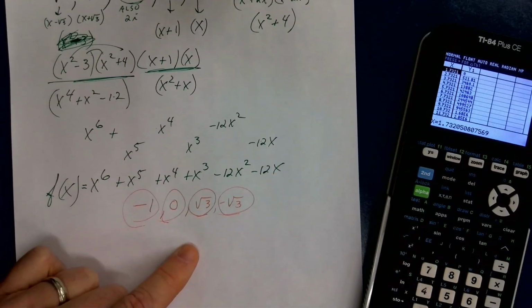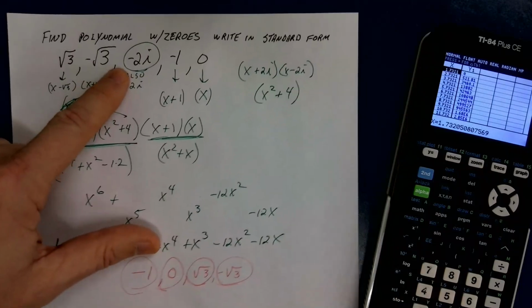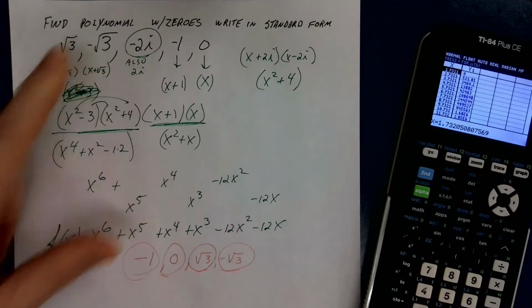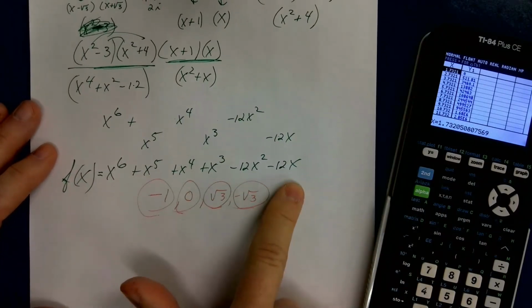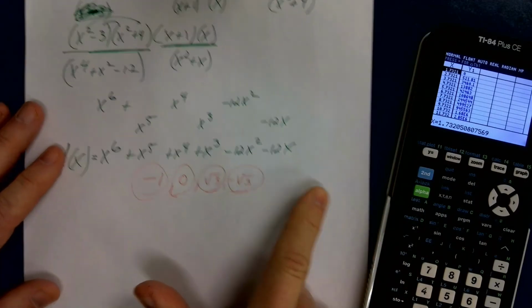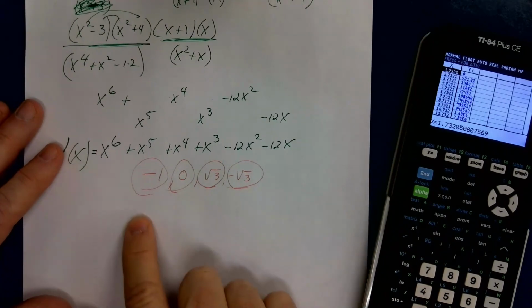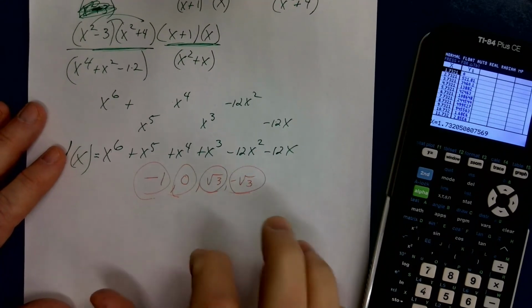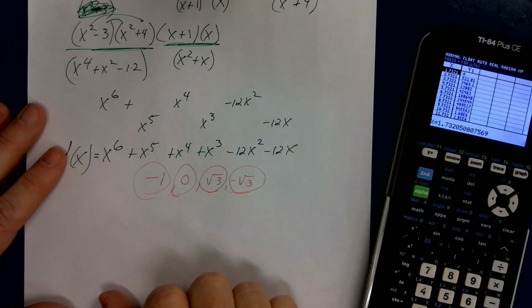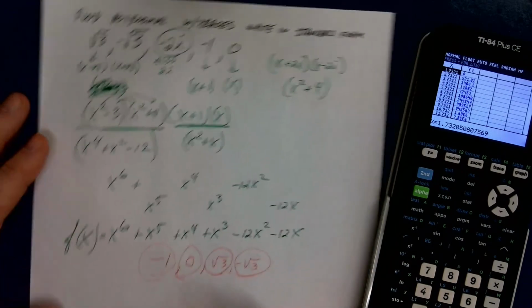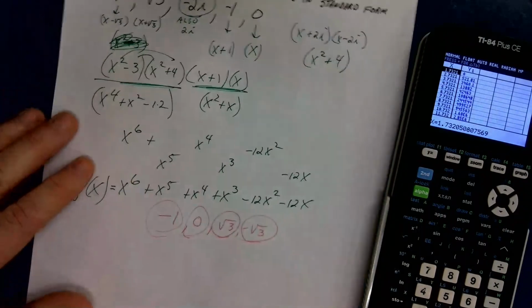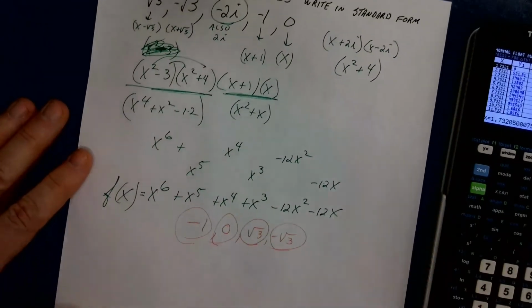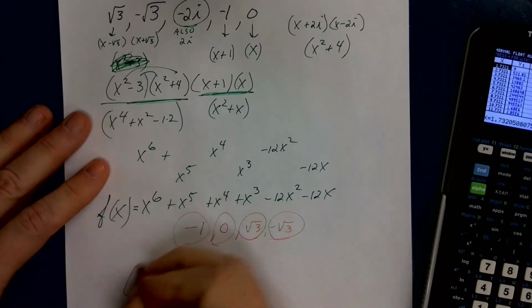Check. Now, how would I know that negative 2i and 2i actually work? Well, I could go back through here and do synthetic division with negative 1, with 0, with root 3, with negative root 3, and I would be left with a polynomial, and that polynomial would be x squared plus 4. Okay? So hopefully that was beneficial. This is section 2-5,